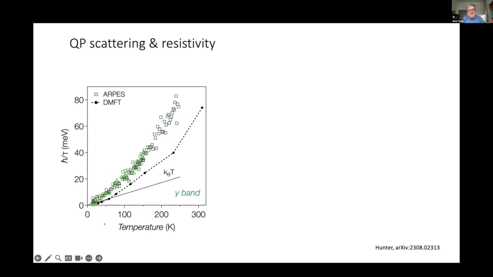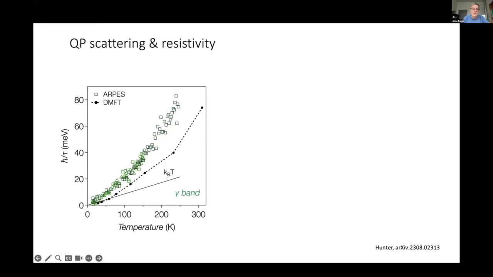I think yes. I think it goes like T squared at very low temperature. Then do you have any idea about the scaling at this high temperature regime? We didn't look at that. We would have to do it as a function of temperature and as a function of frequency. That's what you would like to do. Okay, but you think in this regime the electron-electron scattering is dominating? Yes, I think it is the dominant factor.